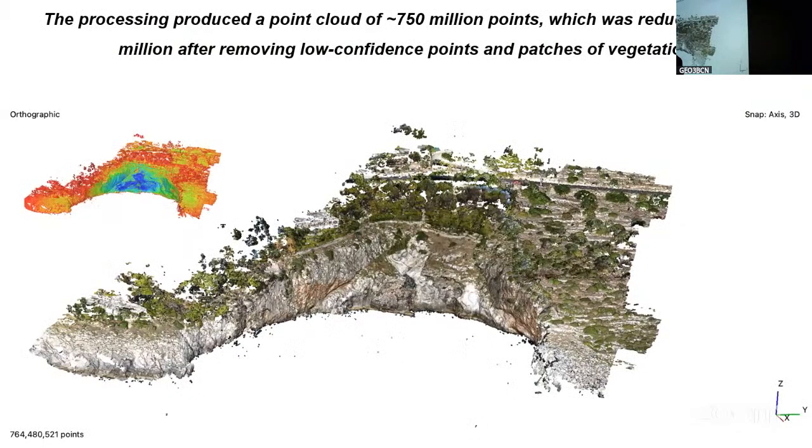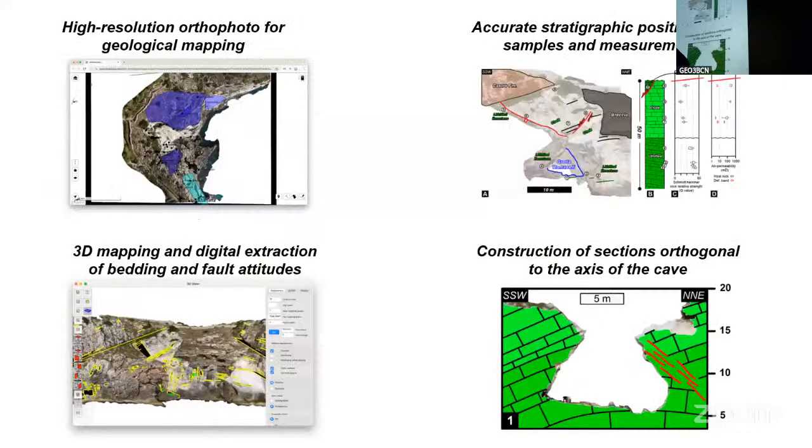Point cloud made by 750 million points. Typically, you have to clean a little bit the point cloud by removing low confidence value and vegetation. And after that, we have achieved a point cloud of 250 million points. We have used the 3D model for several purposes. Well, first of all, pretty important, you use that to do your own orthophoto in this kind of 2 centimeter